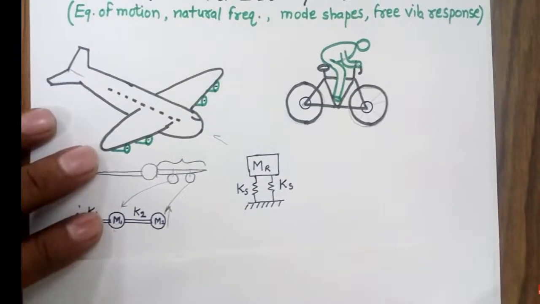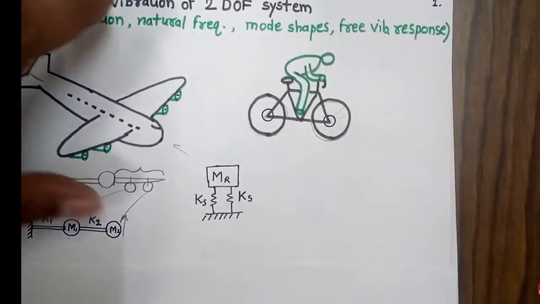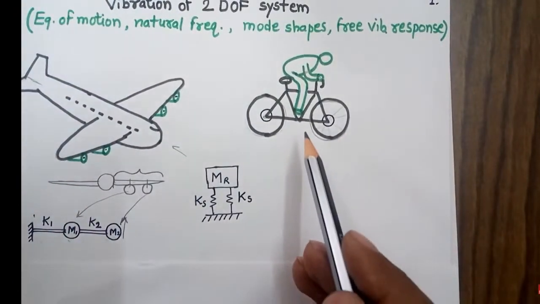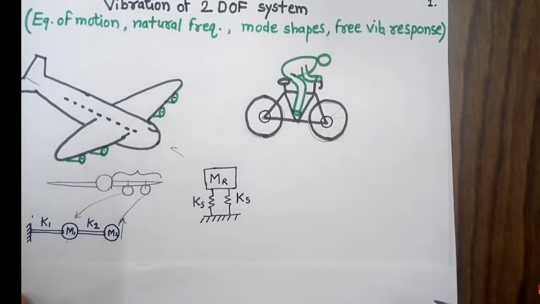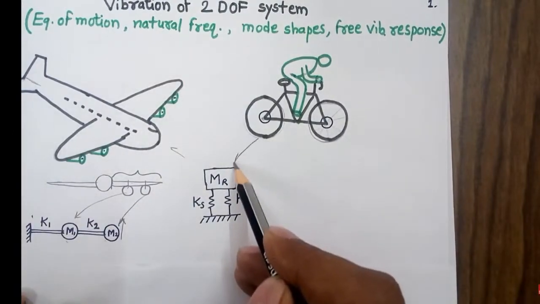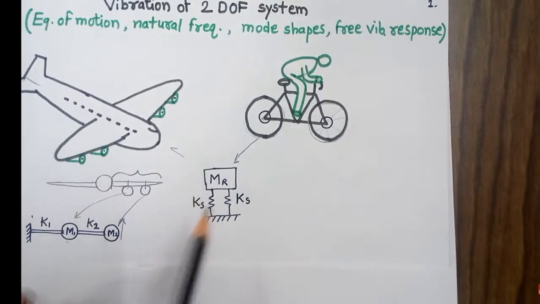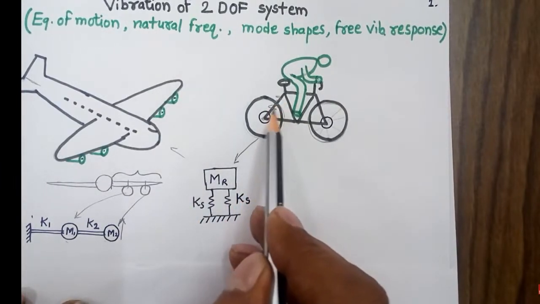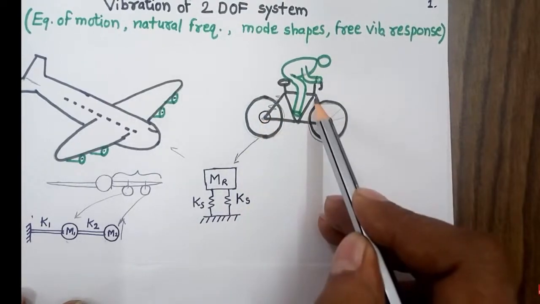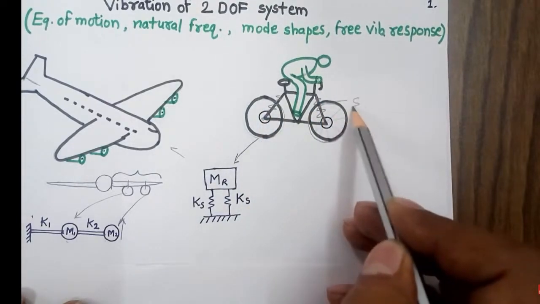Similarly, in the second figure, you can see there is a bicycle, and someone is interested to study the vibration coming to the rider. So there could be two different approaches. If someone wants to make a simple model, he can go for a single degree of freedom system. In this way, he will consider the stiffness coming from this part, that is the shocker. This is the shocker part,